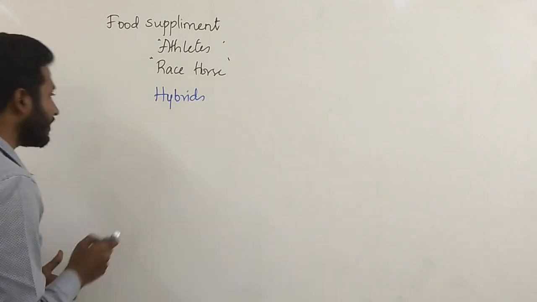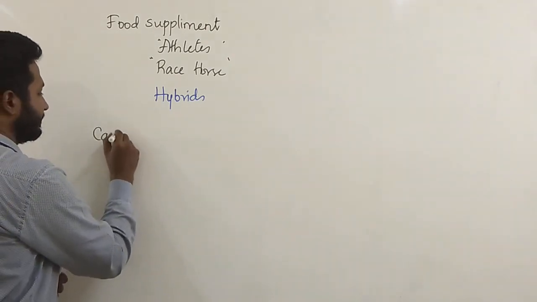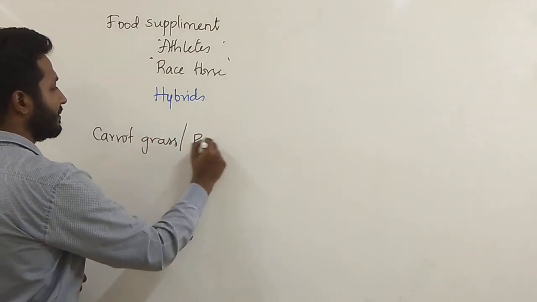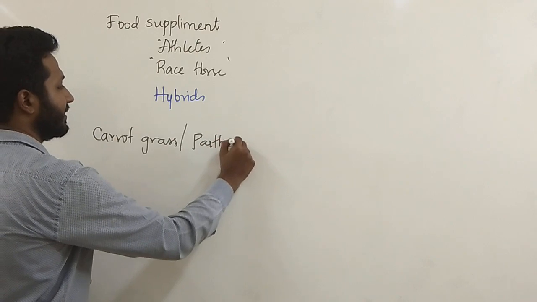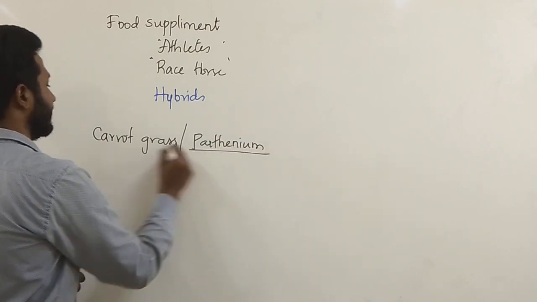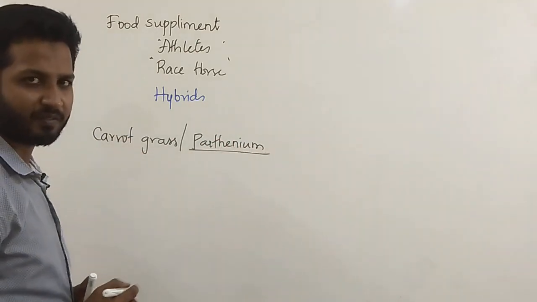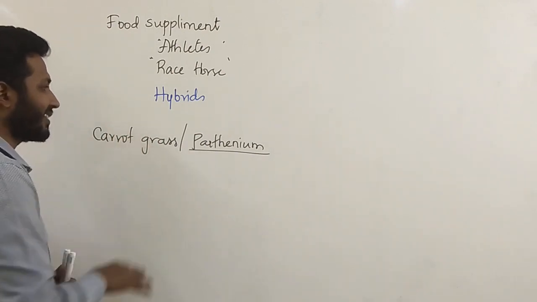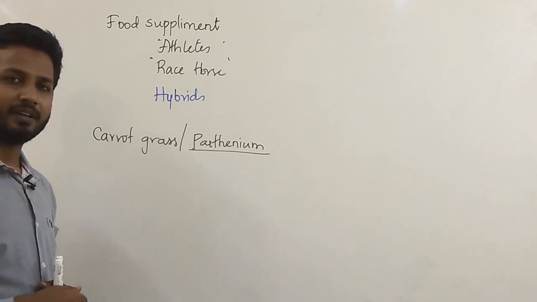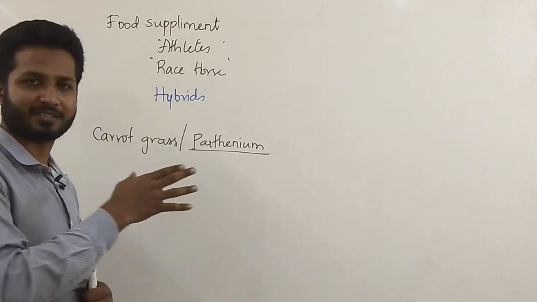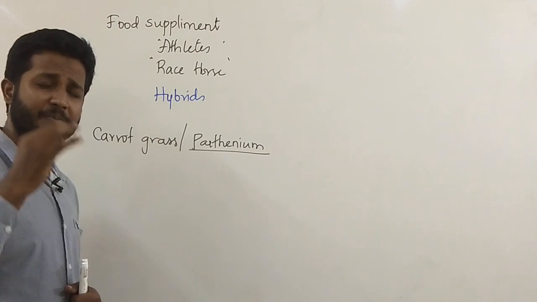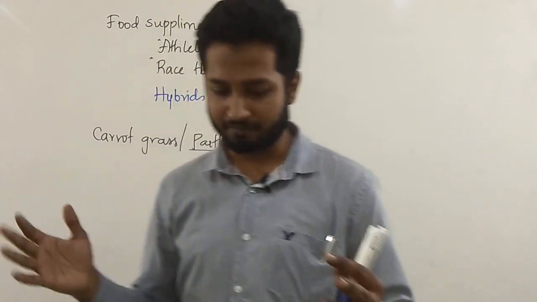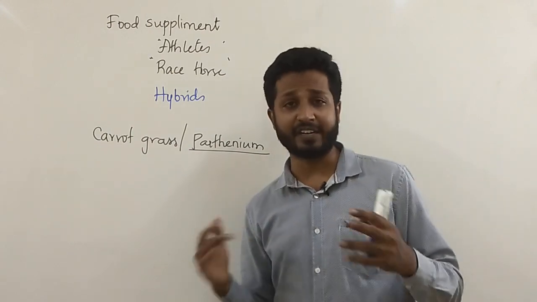There is one plant called carrot grass, also known as Parthenium. Parthenium is the scientific name. Carrot grass is a common name. We also call it Congress plant. This particular carrot grass or Parthenium plant is one of the most notorious plants. It causes major problems. See, this plant was brought to India in a gunny bag carrying wheat when it was